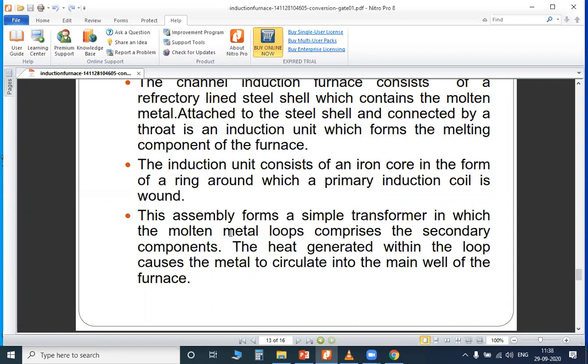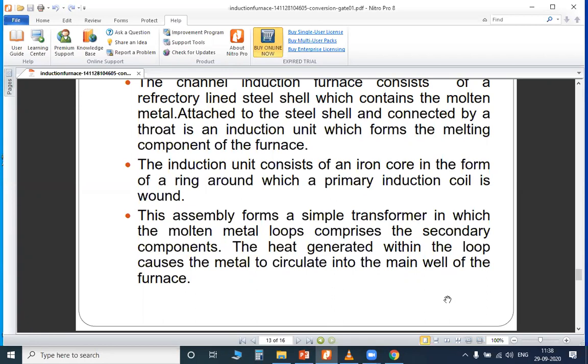In a coreless induction furnace, the copper wire is in a hollow sheet, but in a channel induction furnace, the wire is covered with another material so that it gets cooled.